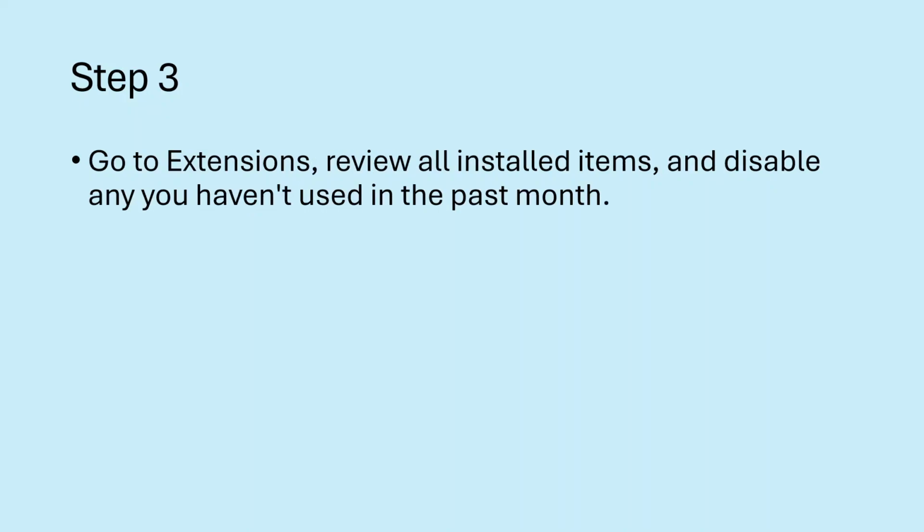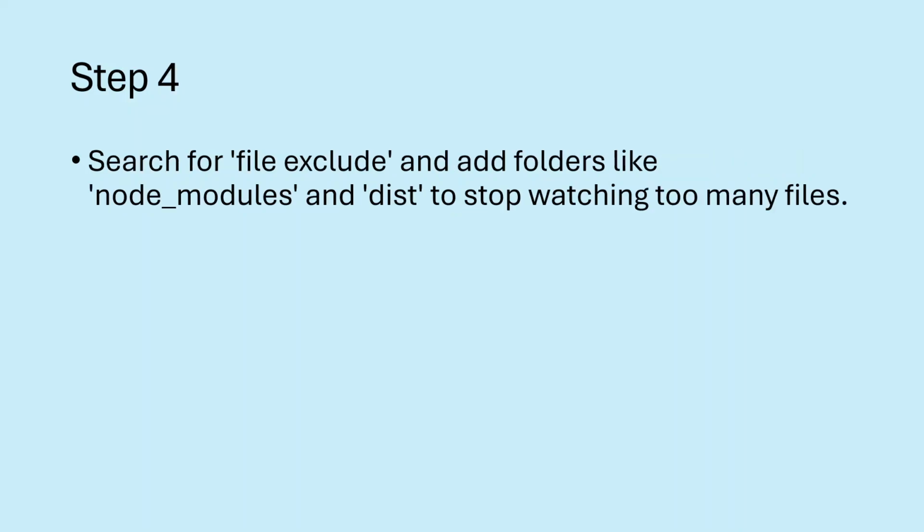Step 3. Go to Extensions, review all installed items and disable any extension that you haven't used in the past month. Step 4. Search for File Exclude and add folders like Node